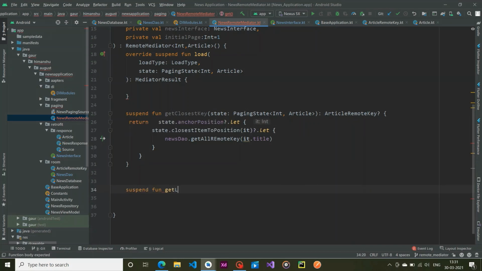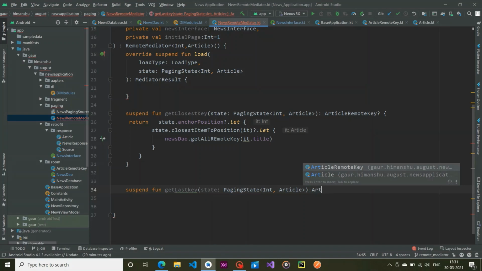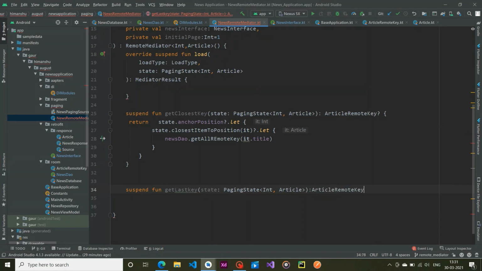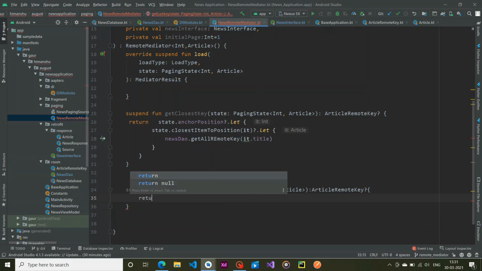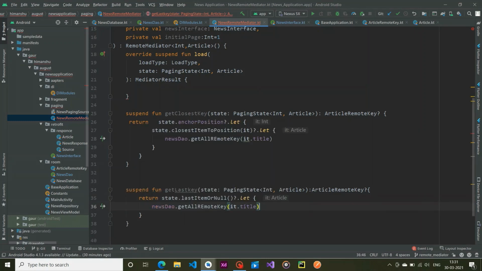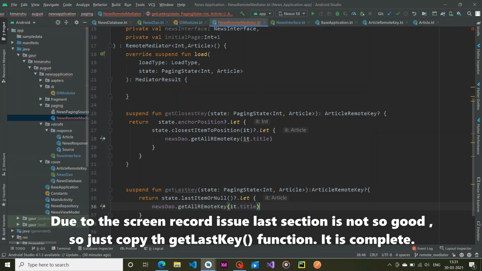All right, so the second function is also a suspend function and it will return the last. So getLastKey, and pass simple state in it, which also returns ArticleRemoteKey, which is a nullable type.